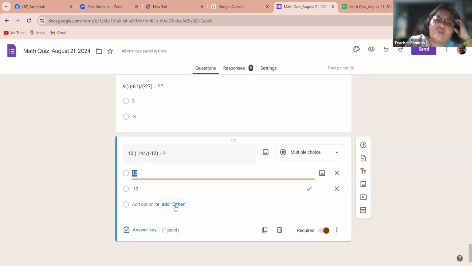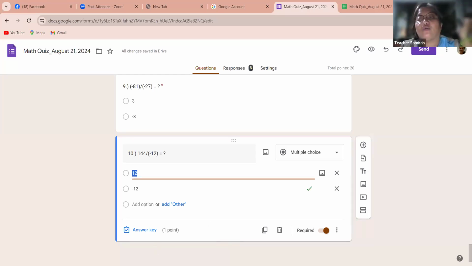Okay, do you have some question? I remember last time, Inda was quite confused regarding the subtraction of integers. Right, Inda? That is where you were able to get a wrong answer. Do you remember now what is that specific rule that you should take note of upon solving a subtraction of integers?